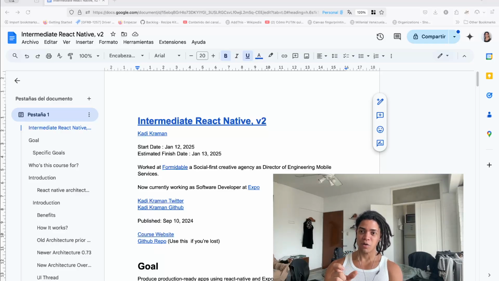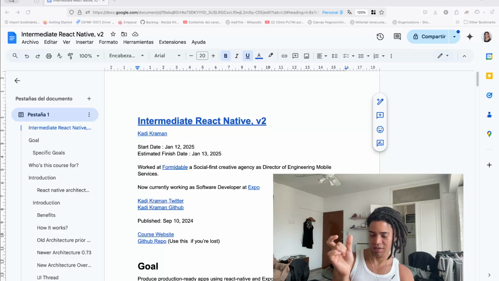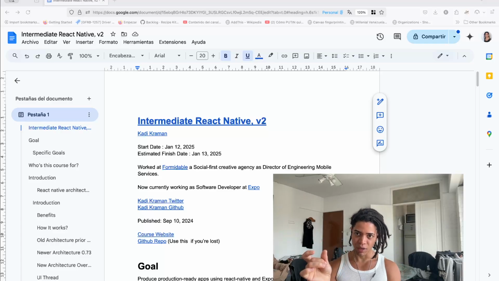They use Yoga, a particular library that allows them to calculate the position of these elements and their dimensions. So once all of that is done, the mount phase is where it takes this React shadow tree and converts it into a host view tree, the native view tree, which allows them to render all of these components